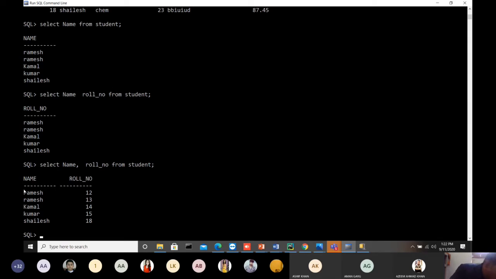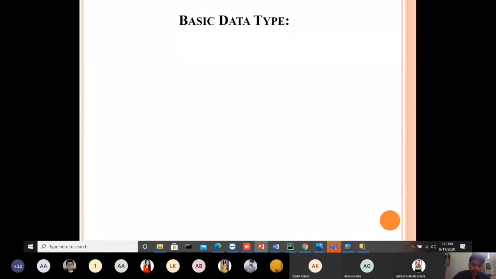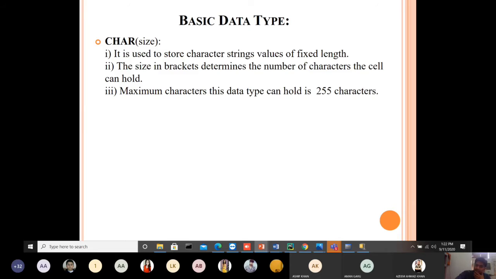So this is how to create a table, how to insert the value into the table, then how to retrieve the data from the table. That we will complete it now. But move to that, what are the different kind of data type we have to use, right? So what are the basic data type we have seen?